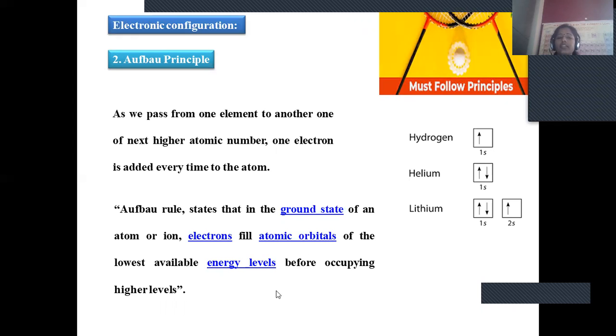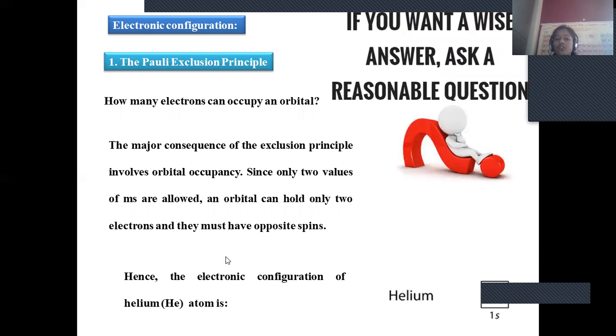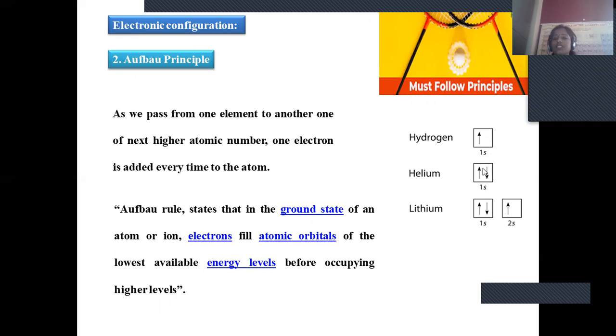First the ground state level will be filled, and the next, higher energy level will be filled afterwards. That is clearly explained with hydrogen. When hydrogen is considered, there is 1 electron. This electron will not go into 2s. It will always go into 1s because 1s is the lower energy level. Even for helium, the electrons will go into 1s rather than 2s, because the maximum occupancy of an orbital is 2. So for helium also, the electrons go to the 1s orbital.